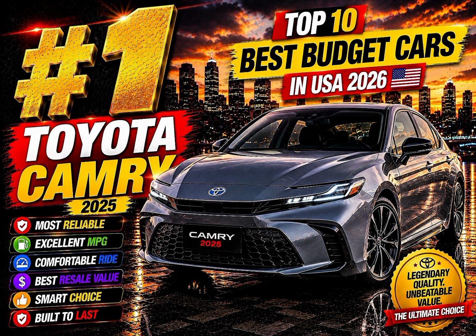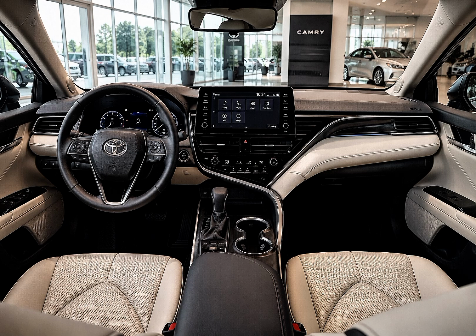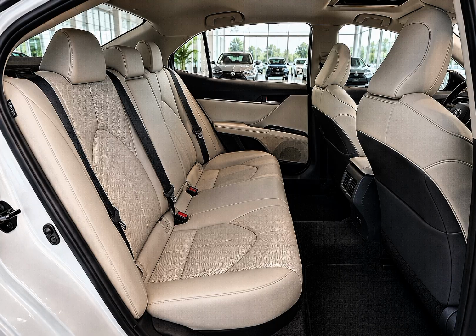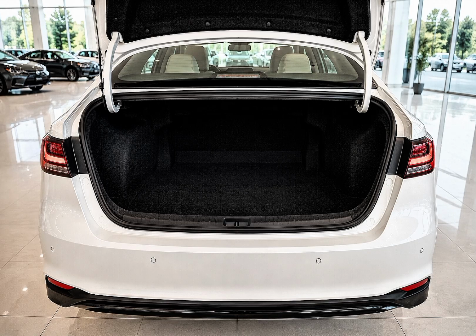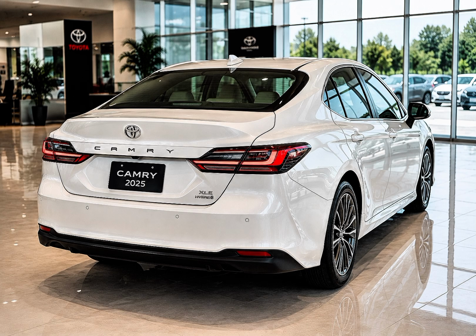And the number 1 budget car on our list, the Toyota Camry. The Camry doesn't just win 1 or 2 categories. It wins all of them. Reliability is exceptional, with countless owners reporting trouble-free ownership well beyond 200,000 miles. The ride quality is smooth, composed, and genuinely comfortable for long